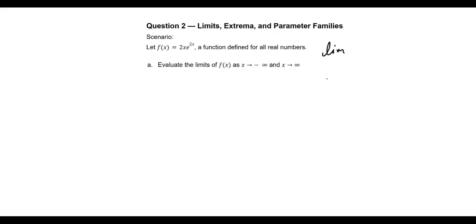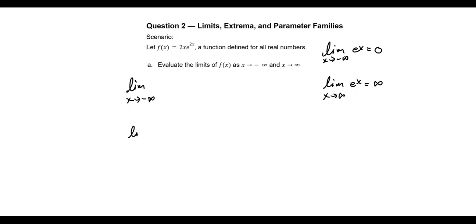So when you're doing these questions, there are a couple of limits that are really helpful to know. In this case, it's what happens as e to the x approaches infinity and negative infinity. As x approaches negative infinity of e to the x, you're getting closer to 0. And as x approaches infinity, well, you're constantly increasing, so we'll say it's always getting closer to infinity. Okay, so with those in mind, let's come over here and see if we can figure out what the